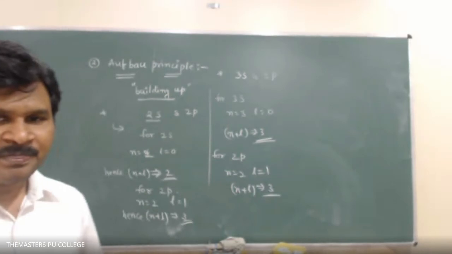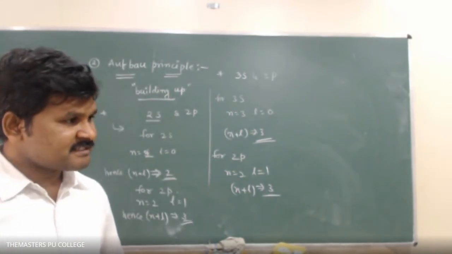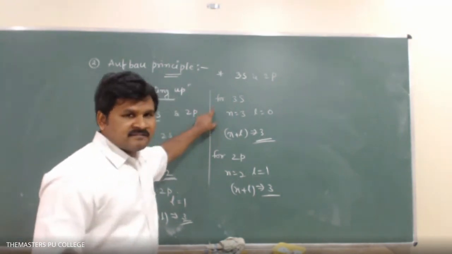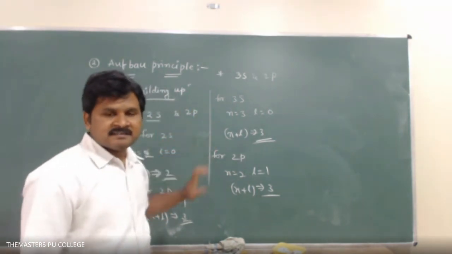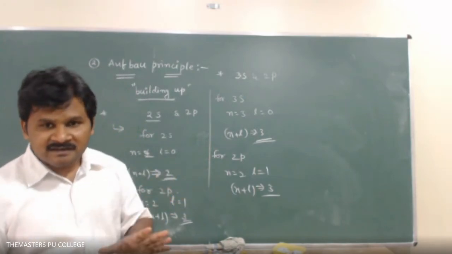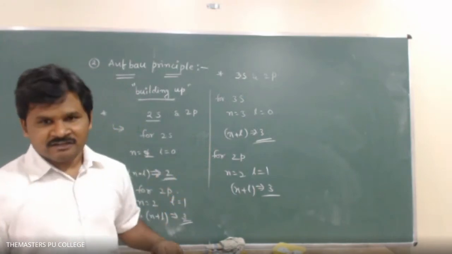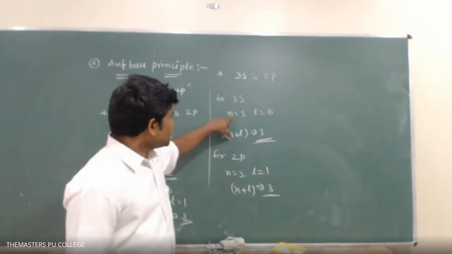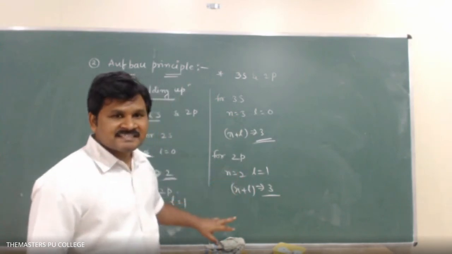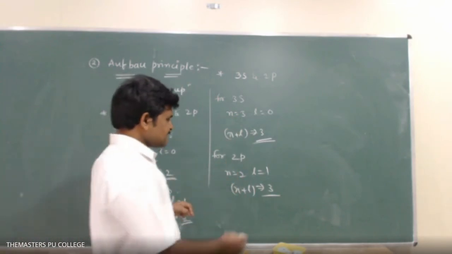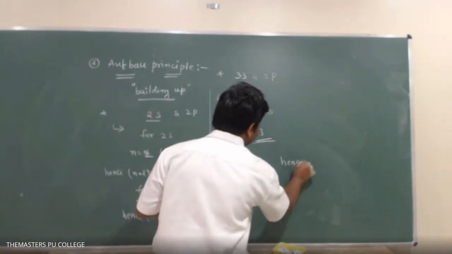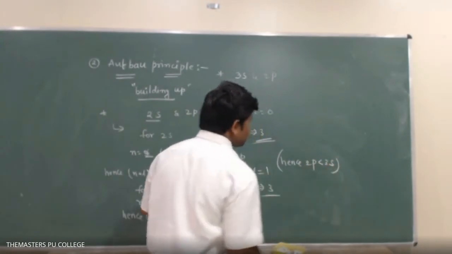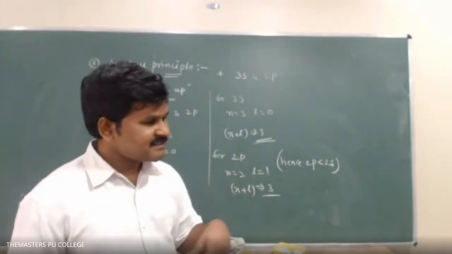What do we have to do? Please listen, this is very, very important. If n plus l values are the same like this, then the electron enters into the orbital which has the least n value. Here, 3s has n value 3 and 2p has n value 2. Which has the least n value? 2p. Hence, the final conclusion is 2p is less than 3s. So that's why after 2p only, we write electrons in the 3s orbital.